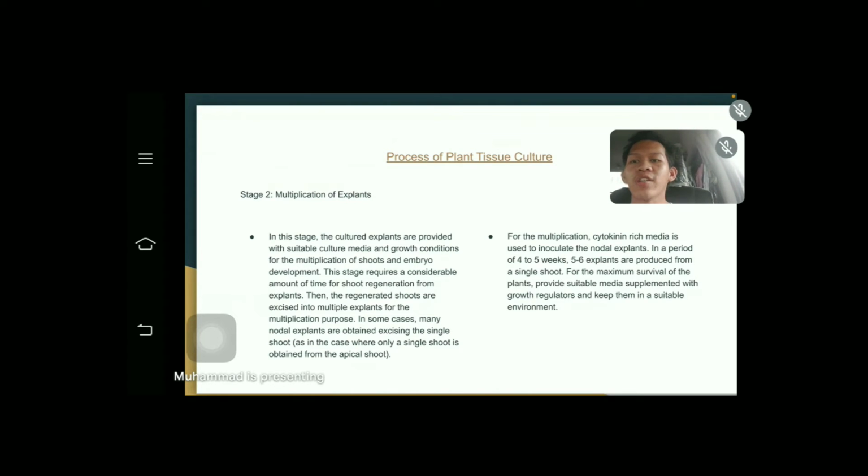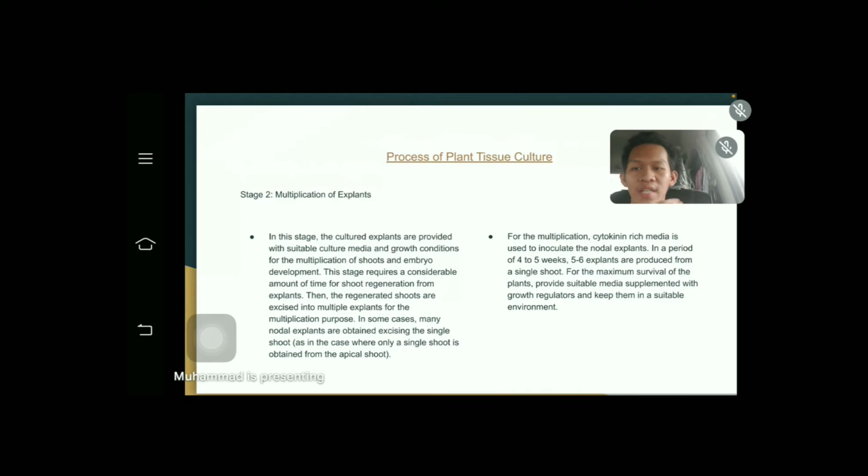Then the regenerated shoots are excised into multiple explants for the multiplication purpose. In some cases, many nodal explants are obtained